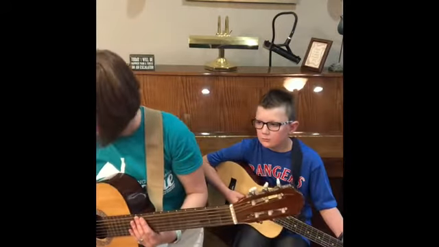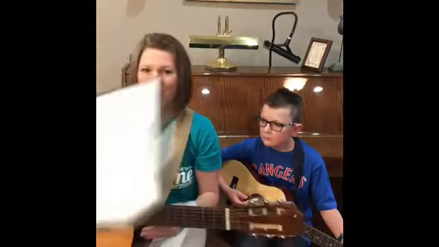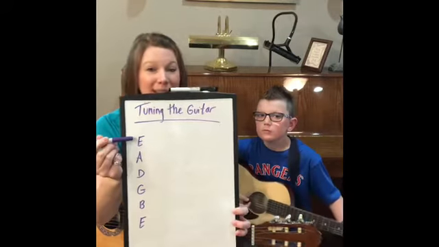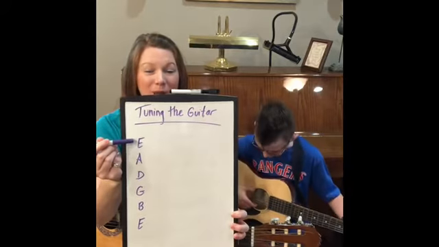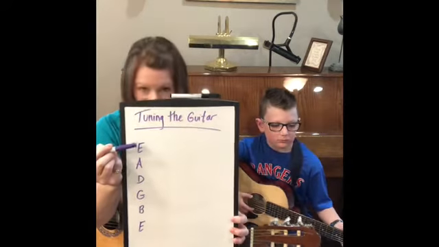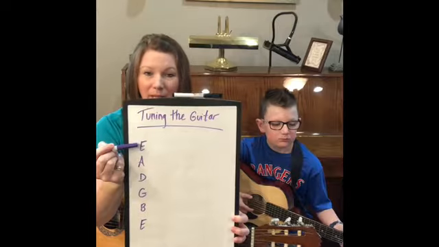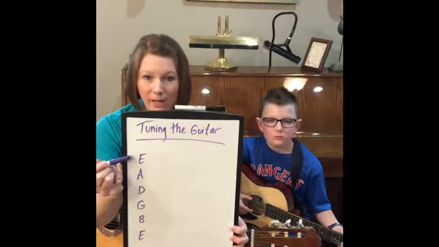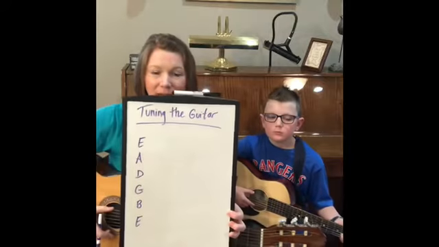Here are the strings we need to tune our guitar to, okay? So here is your lowest sounding string. It's the thickest one. And on the guitar, when you're looking down, it sits on the top up here, okay? So this string we want to tune to an E. It's a lower E, okay? And this is what an E sounds like,